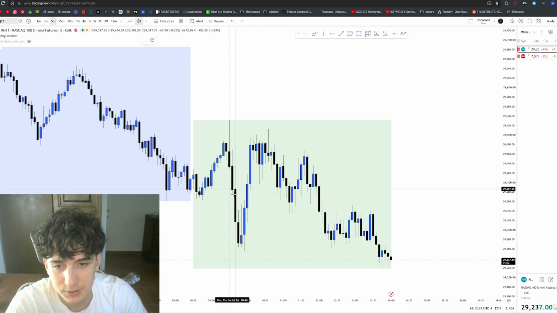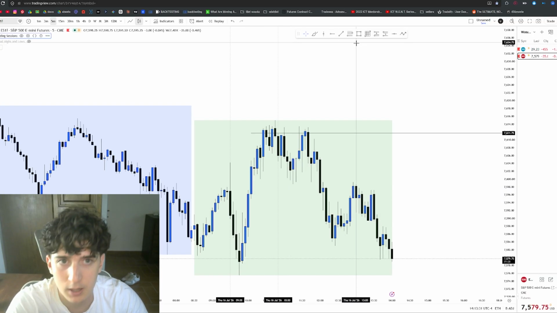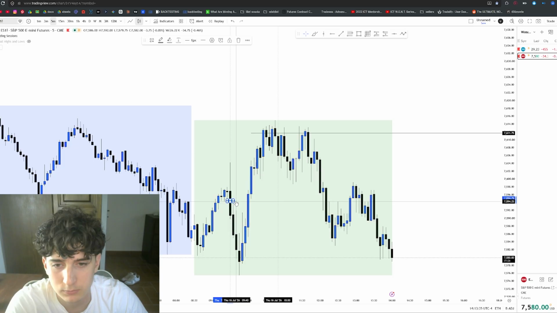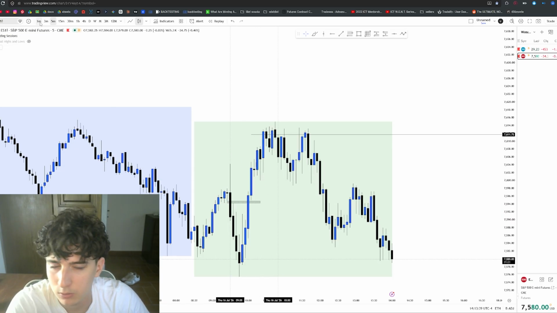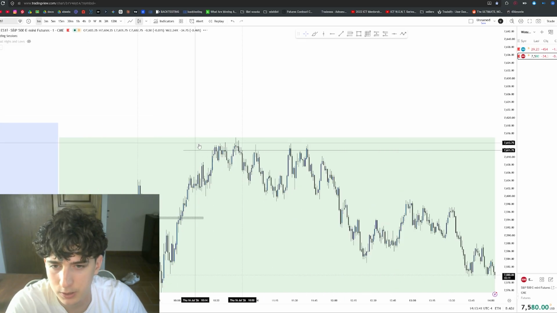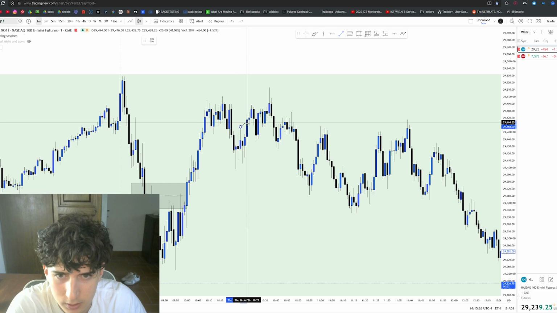I get this confirmation, IFVG, on NQ. On ES we get it. We get a confirmation here. This gap. And so 1 minute, waiting for a retrace. So we get a break of structure to the downside here, and we get a break of structure to the upside here